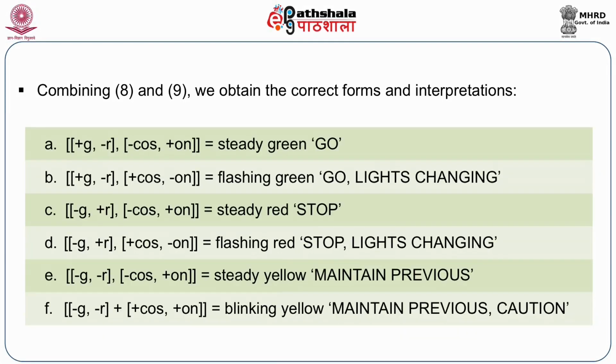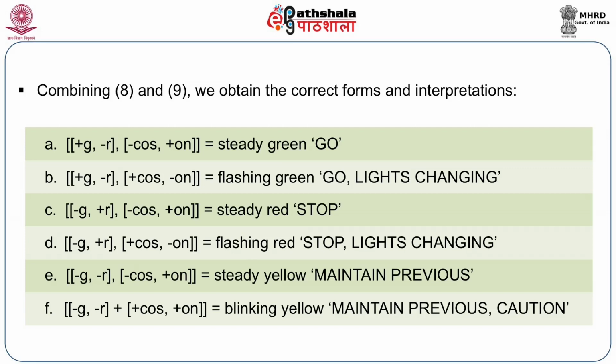When you have a steady green light, which means go, it actually encodes a set of feature geometries. The first is plus G minus R, and the second geometry is minus COS plus on. To get the meaning stop, which is a steady red, the feature geometry is minus G plus R minus COS plus on. To get the meaning of flashing red, which is stop, lights changing, you have minus G plus R